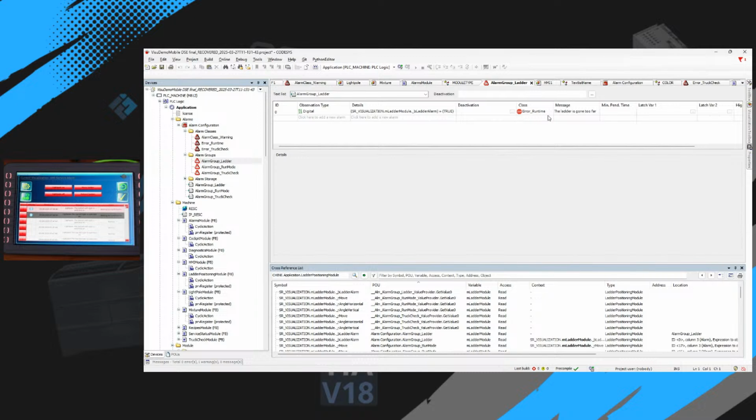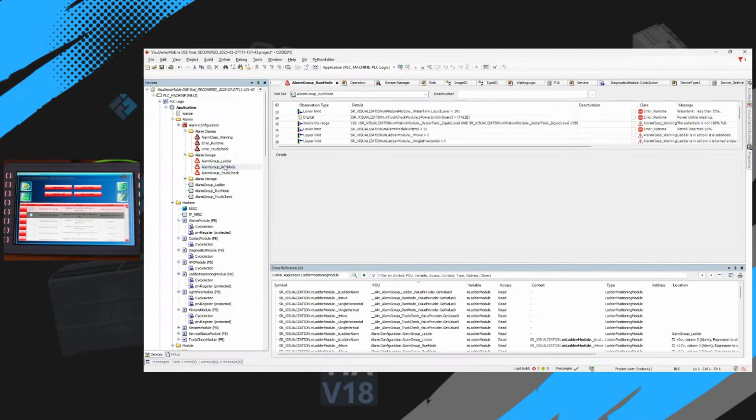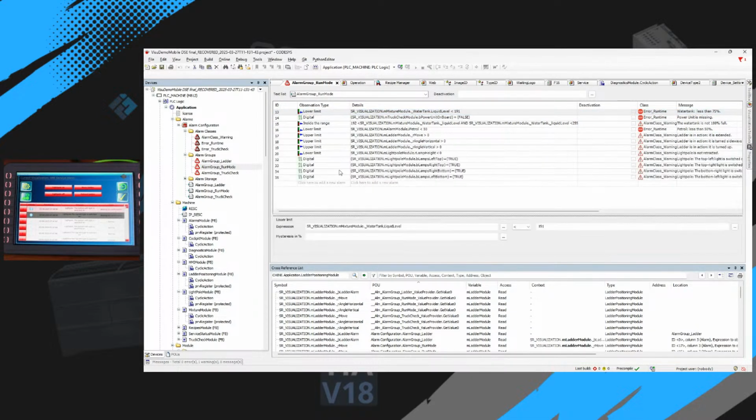We add the class of the alarm and also the message. We can define the condition for triggering the alarm. We can trigger the alarm when the upper limit is reached or the lower limit is reached, and also we have